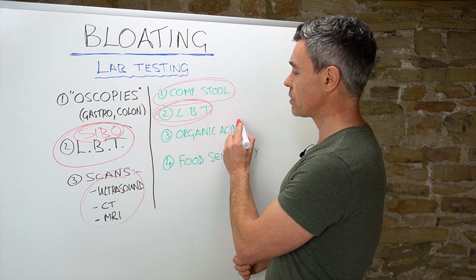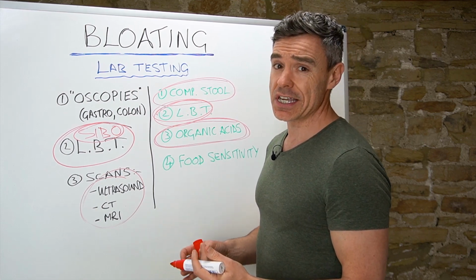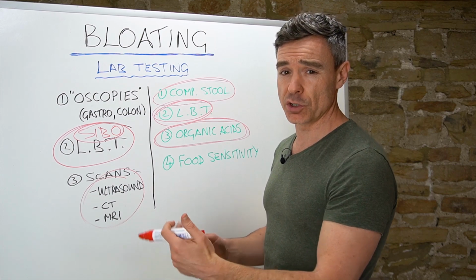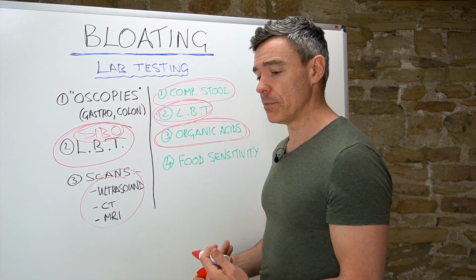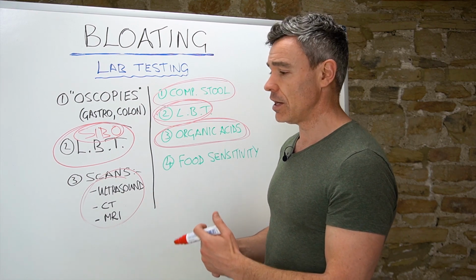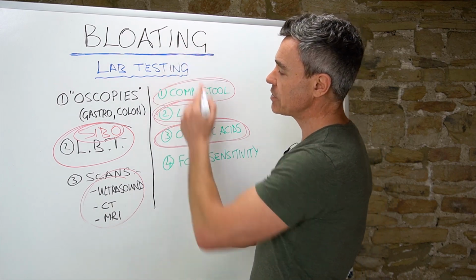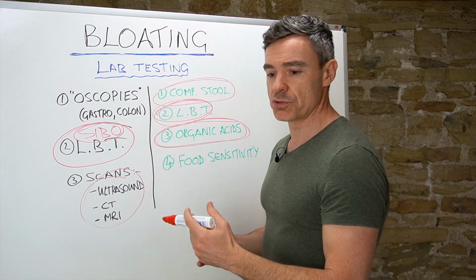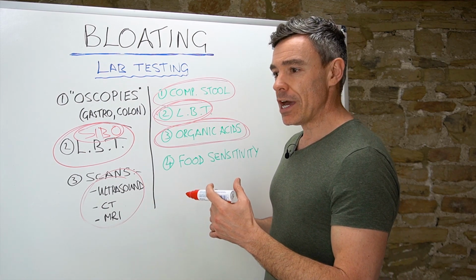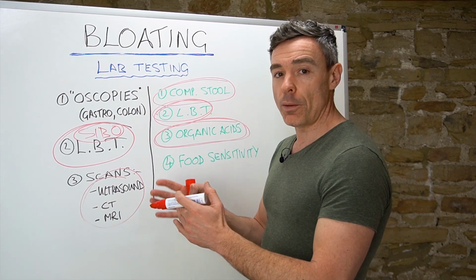Now, you can also run something called an organic acids test. And you can do an organic acids test that just looks at digestive markers, or you can do a comprehensive organic acids test that looks at certain nutritional values, things like inflammation, immune function, B vitamin status and what have you, also your neurotransmitters and your brain chemistry and things. But for the purposes of the bloating, usually what people like to do is just run what we call a microbial organic acids test. And that's a urine test actually,